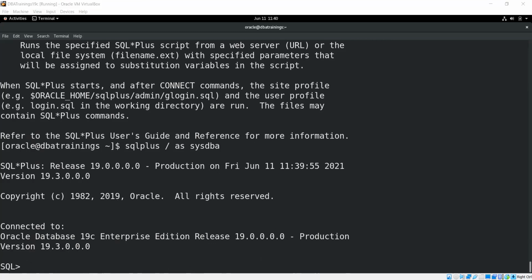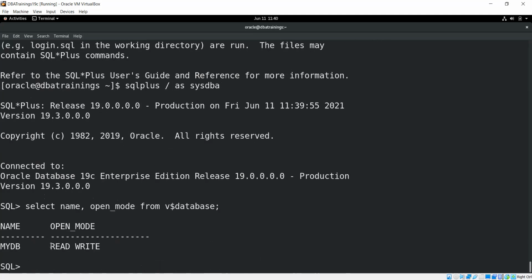And then here, we are just checking the database status: name, open_mode from V$DATABASE. So my database is in read write mode.